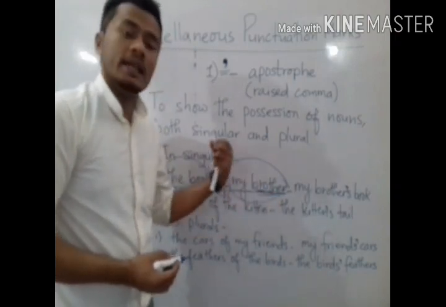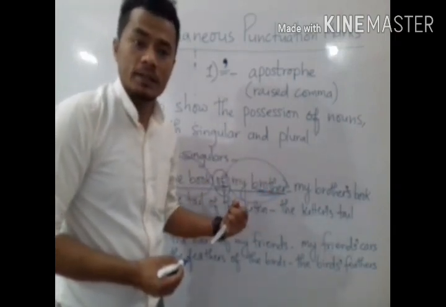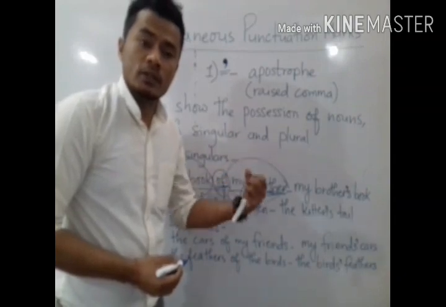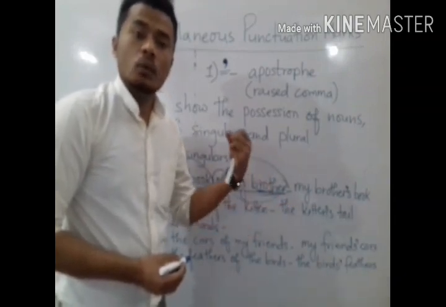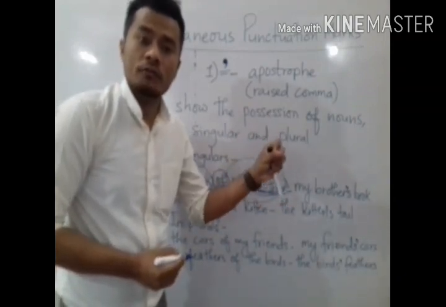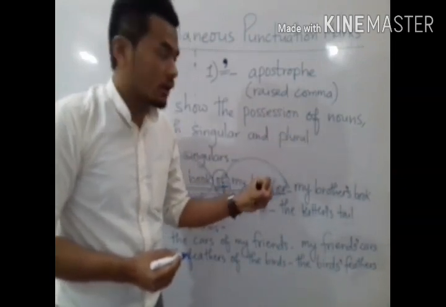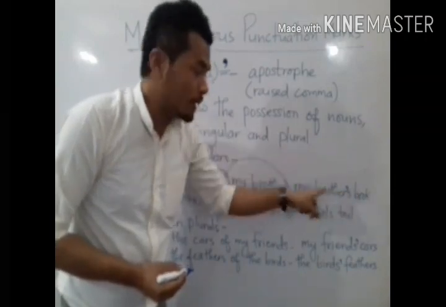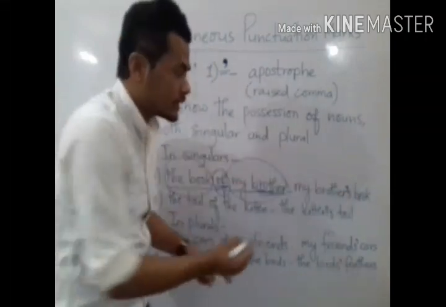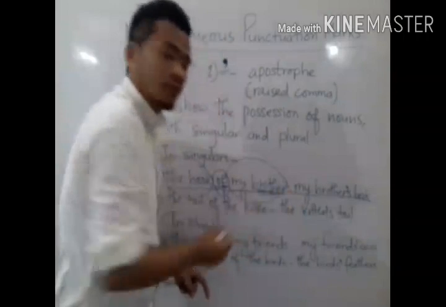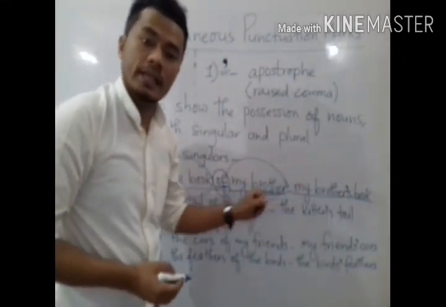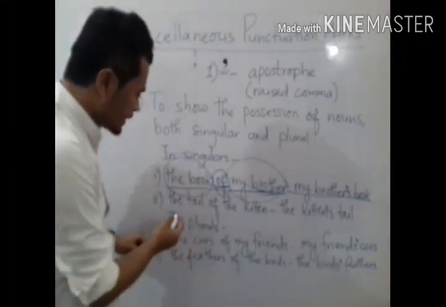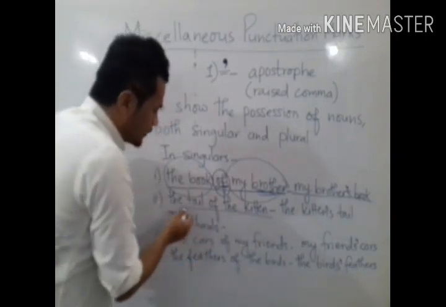So whenever the noun is singular, to show the possession of that singular noun, we have to use apostrophe s after that singular noun. Like my brother apostrophe s book, my brother's book. So this is the possessive case of my brother, which is a singular noun. In the same case, we can take another example,